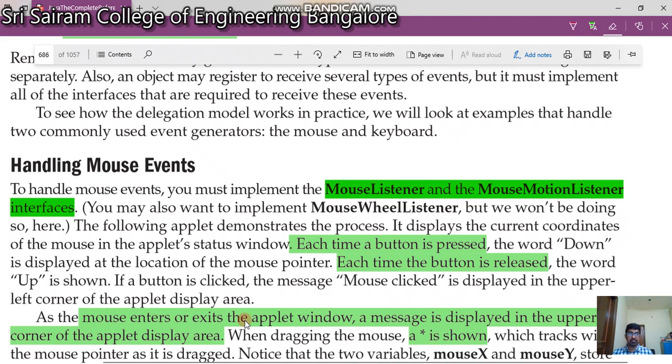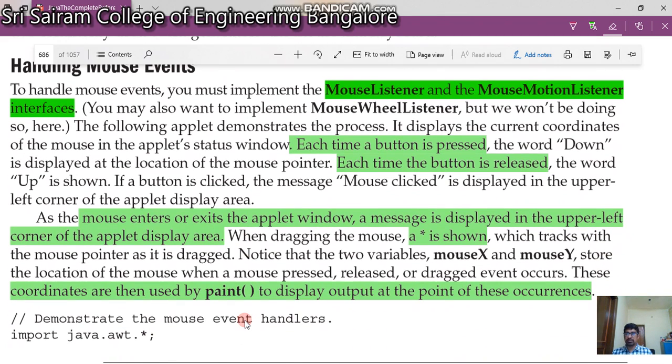So now what we are going to do is write a program which is going to display something like this: each time a button is pressed, it is going to show you the word down. Each time the button is released, it is going to show a message called up.